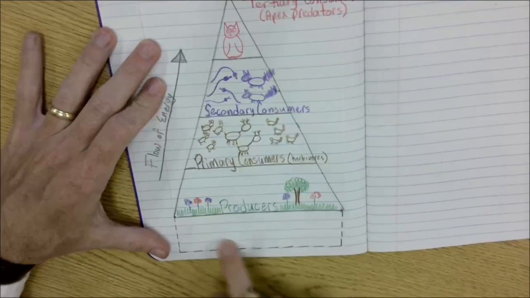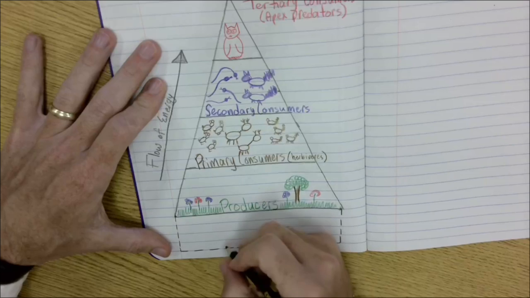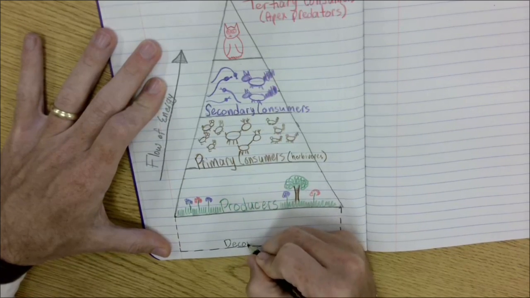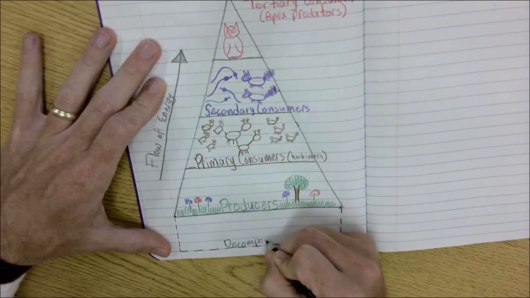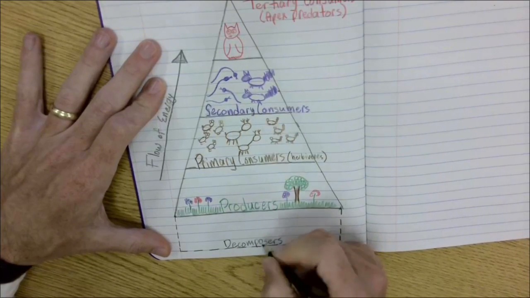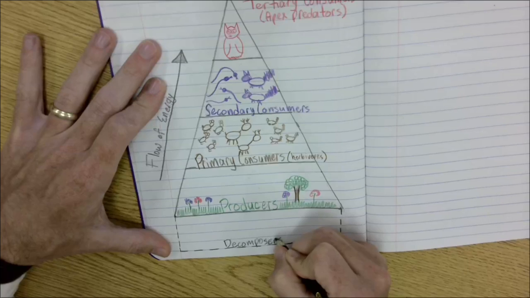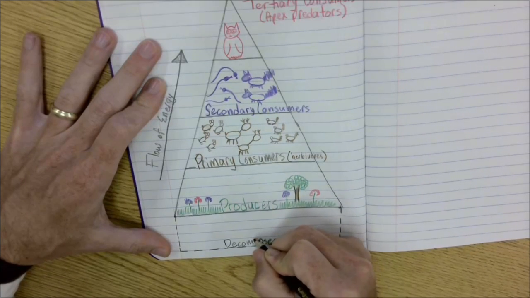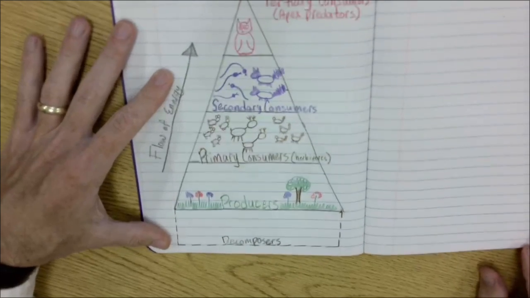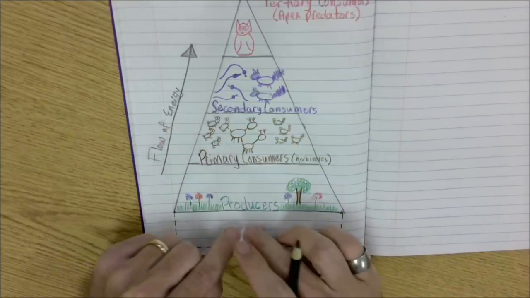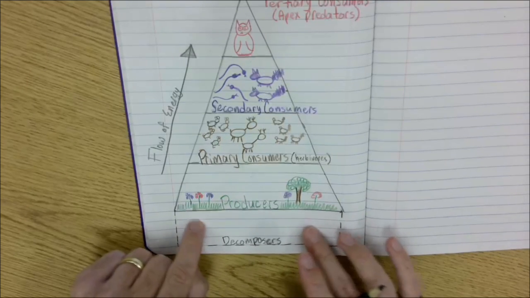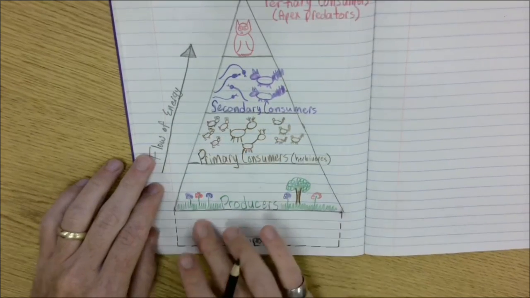And this box is decomposers, so in black we will label the bottom center as decomposers. So decomposers. And we're gonna fill in, we will draw, doodle, and label all the examples we have of